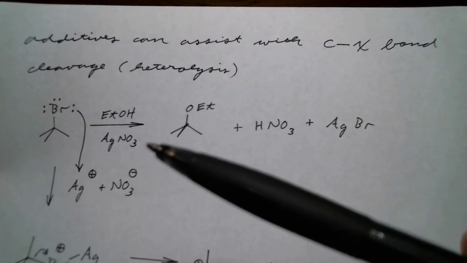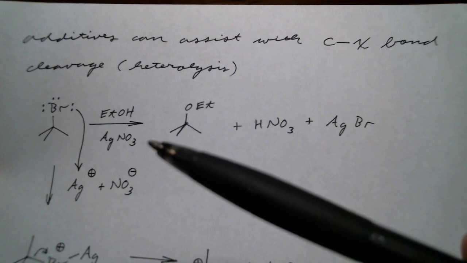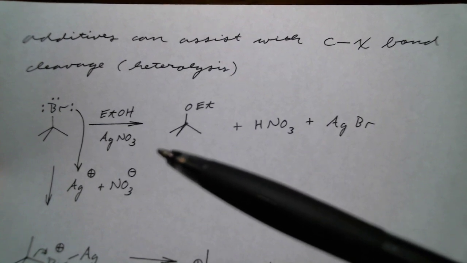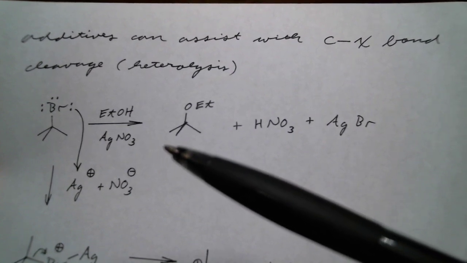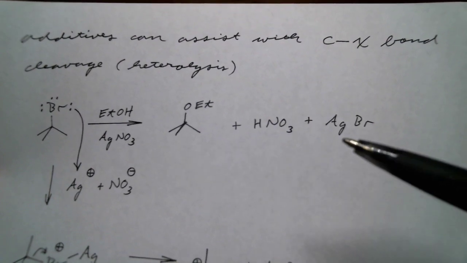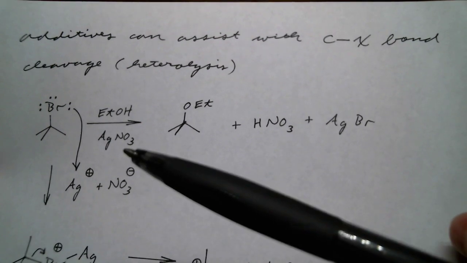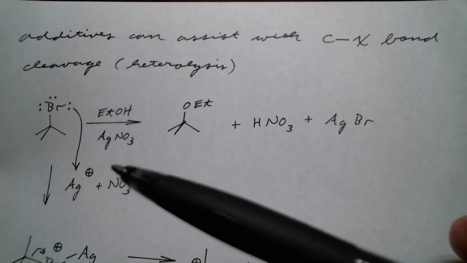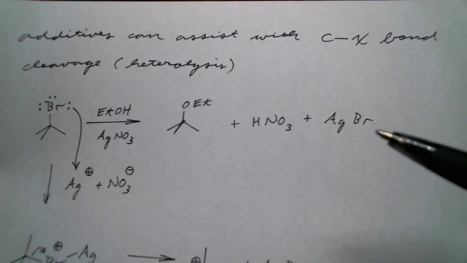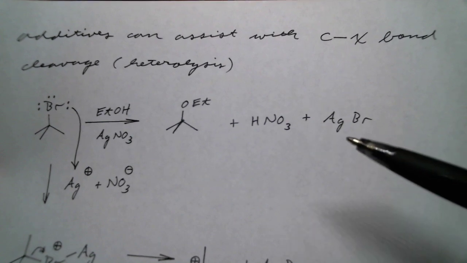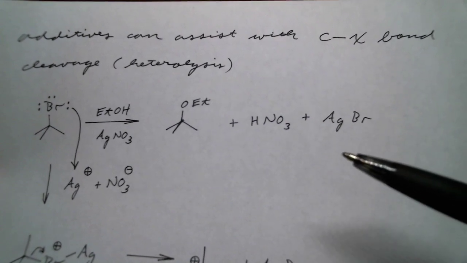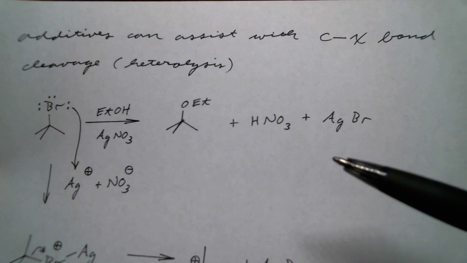And we'll go ahead and throw in some silver nitrate. And hopefully we don't get it on our hands because we'll get little black spots if we get it on our hands. But the silver can, of course, form an insoluble precipitate with the bromide. So silver bromide is insoluble. That removes it from the